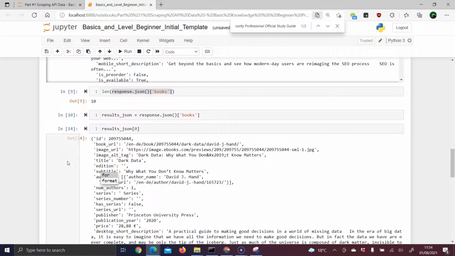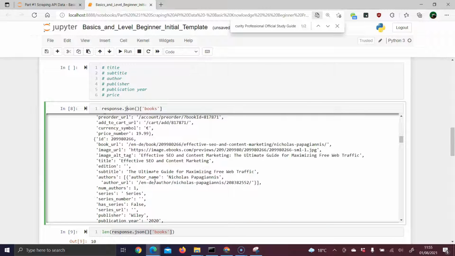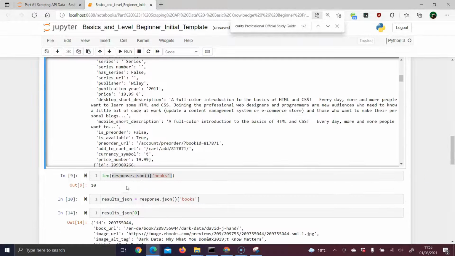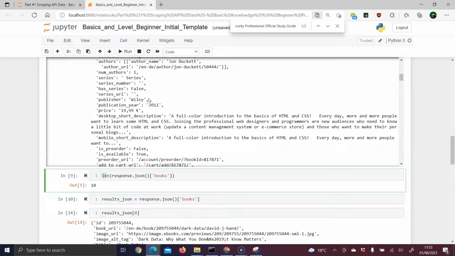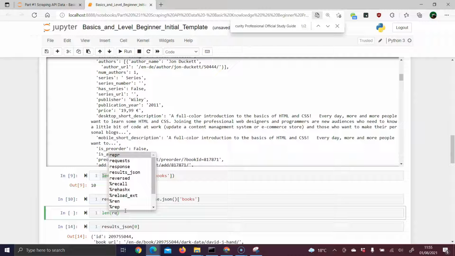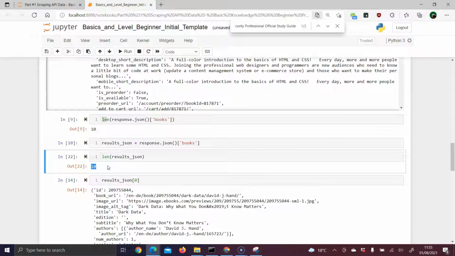So let me show you what we want to loop through actually. We want to loop through this JSON object, okay? Because here we have stored our 10 results. So again, here we have cross-checked with the length function, okay? And inside this JSON object, which we have stored inside the variable results underscore JSON, we have stored the results. Let's make just a different cross-check here. Let's check the length of the results JSON variable, and you see this is number 10, okay? This is what we want to have, and we